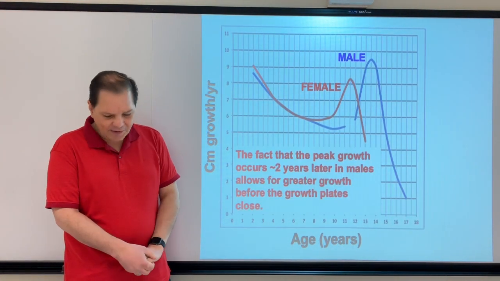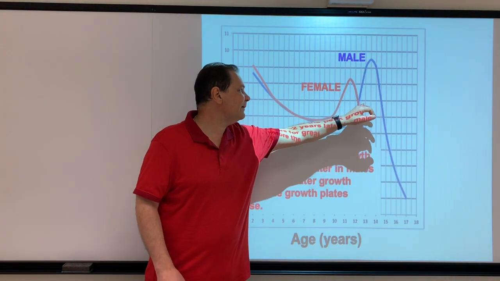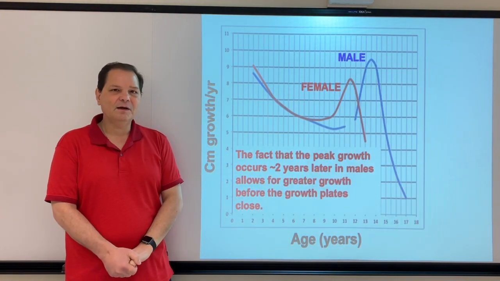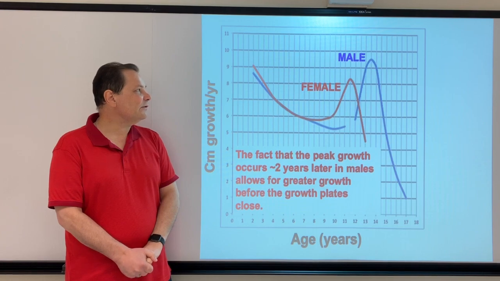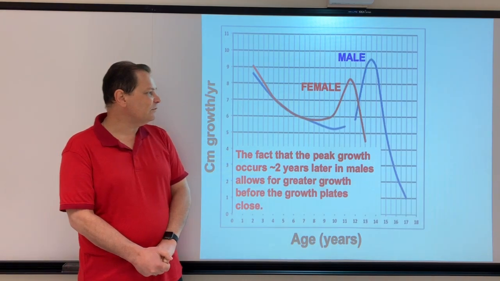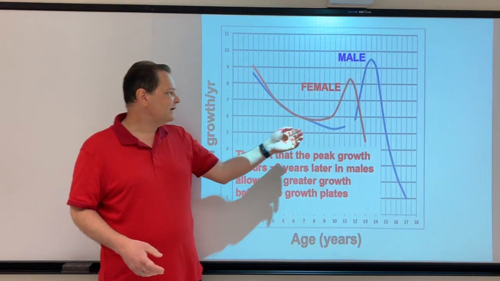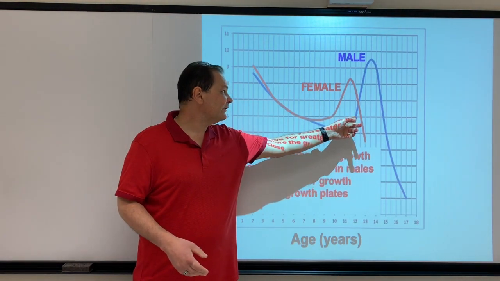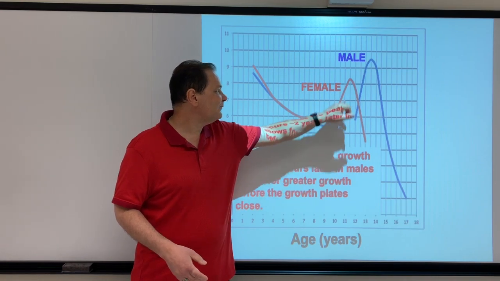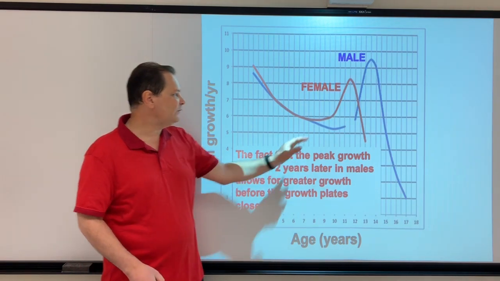And you'll notice that this growth spurt takes place earlier in the female than in the male. Females attain sexual maturity earlier than males, okay? And this is thought to account for the fact that males typically grow to a larger size. Because this growth spurt hits later in males, they spend more time during childhood growing before that growth rate starts to decline. In other words, you have 2 extra years of